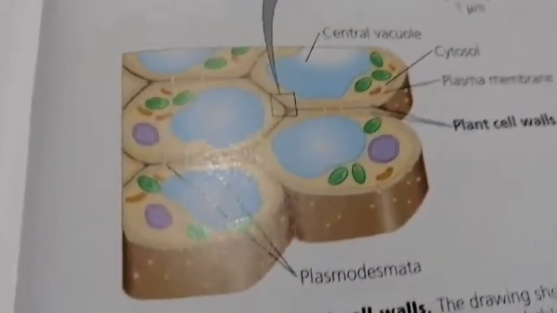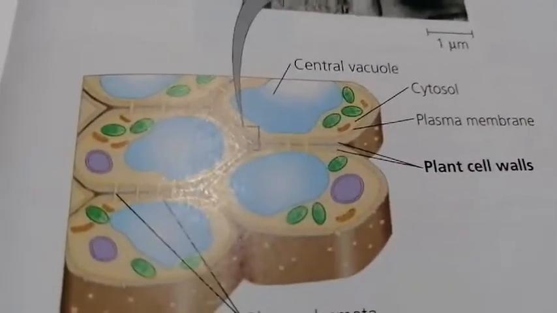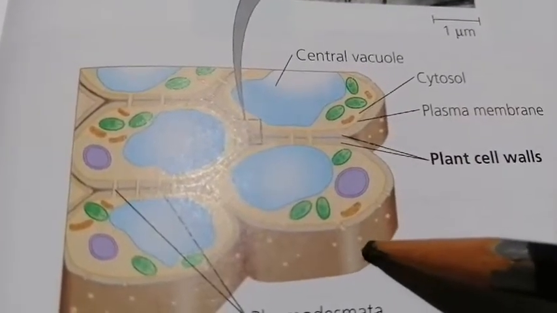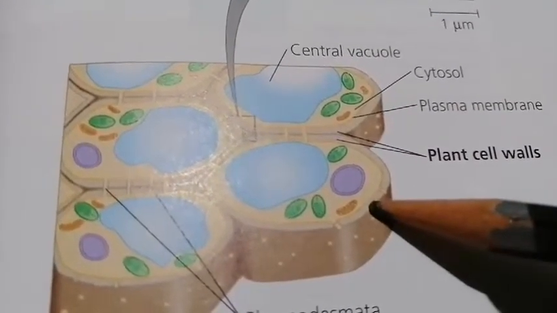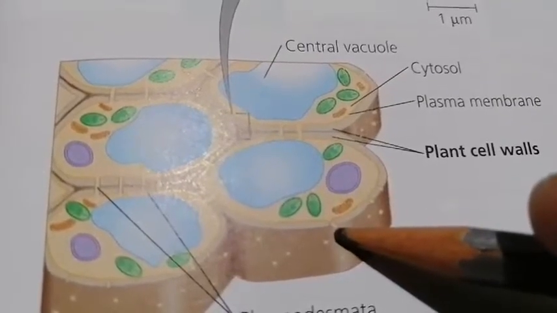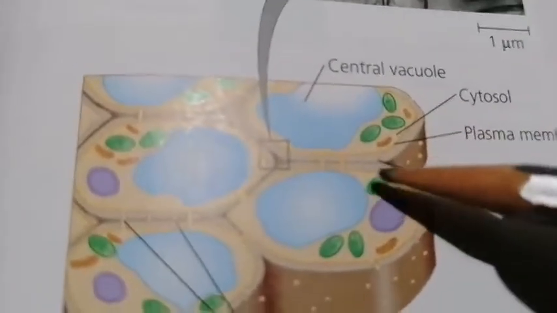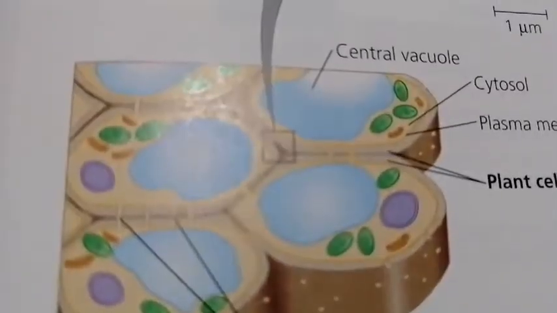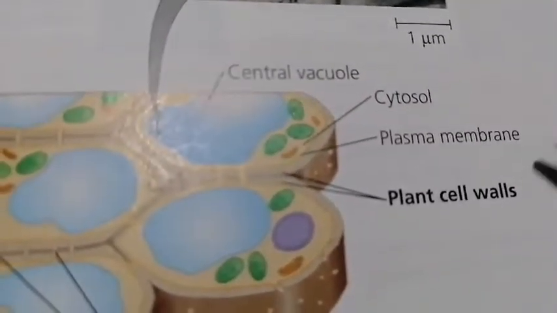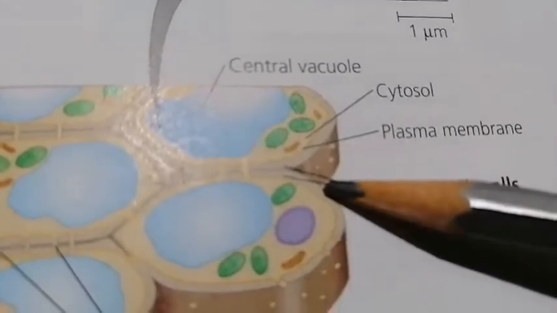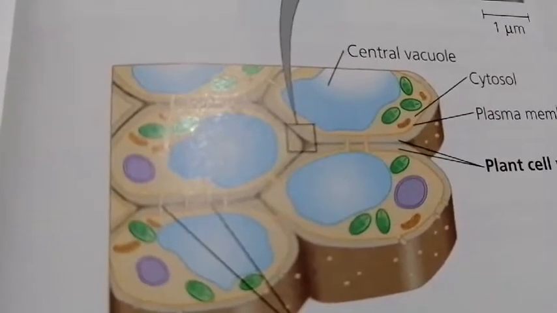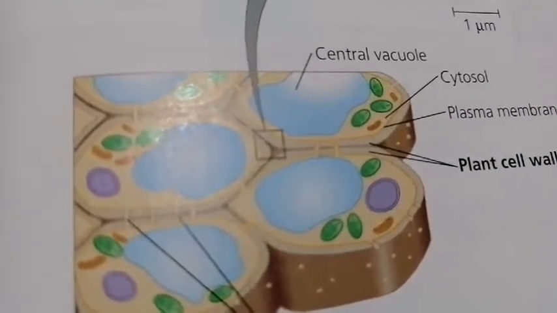Just see here. What do you see here? You see that it has got walls, isn't it? And you can see that there are pores on these walls. These are called plasmodesmata, and by these pores the cell connects one cell with another cell. You can see here also they are connecting with these pores, isn't it? And now you can see here, these are the walls of your primary wall, which I am talking about, it's newly formed.